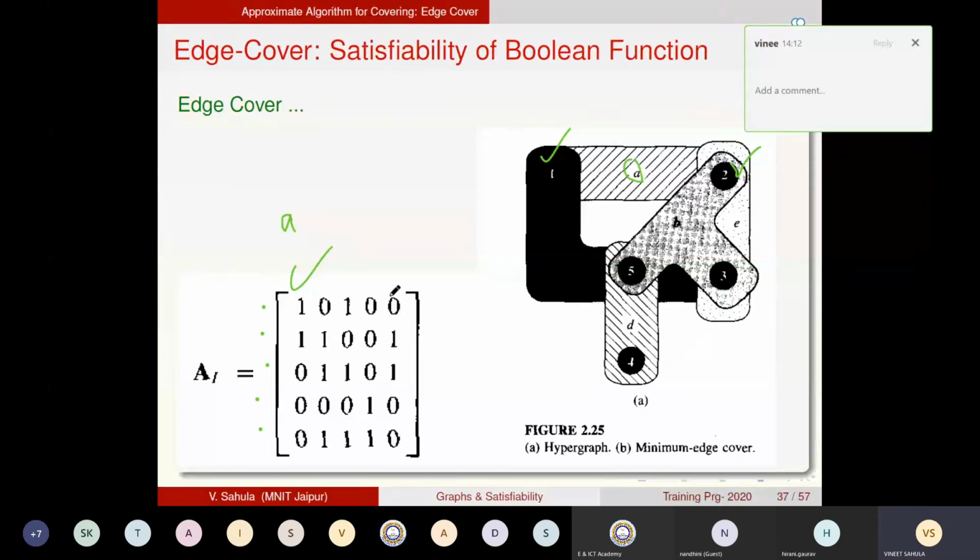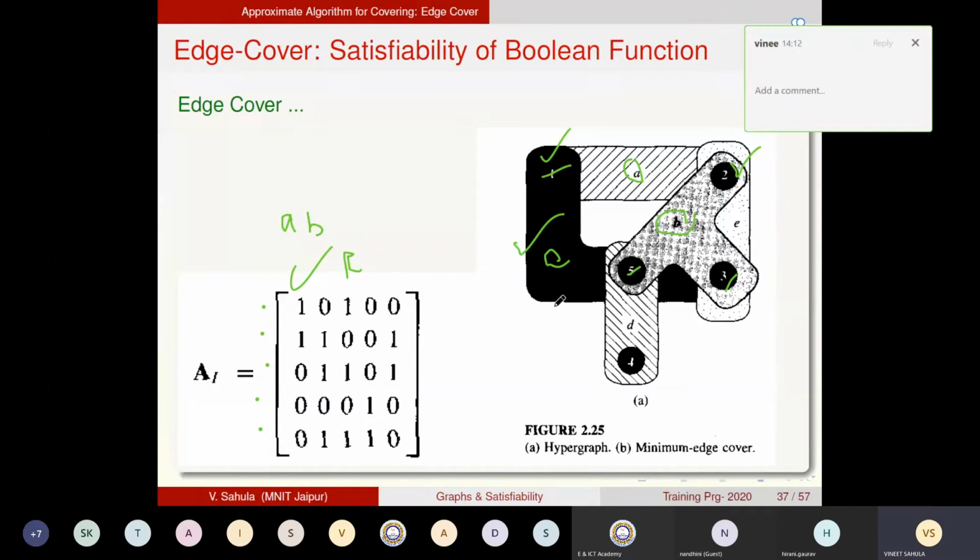Right. Let us see the edge C. It connects the vertex 1, 3, and 5. Vertex 1, vertex 3, and vertex 5. So the black one, this black one is C. The black edge painted is C, covering 3 vertices. The B also covers 3 vertices. So this is 2, 3, and 5. So this is making a graph from this matrix.